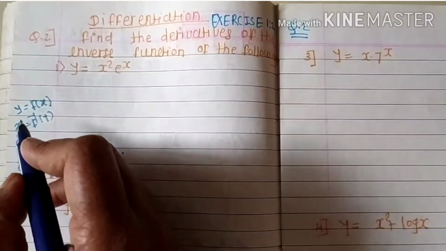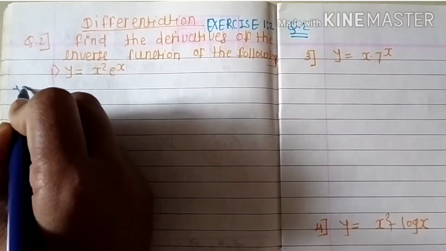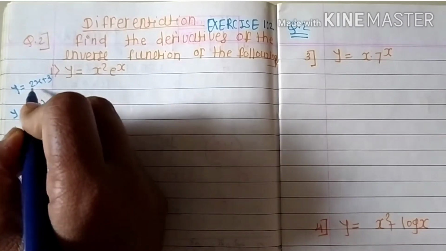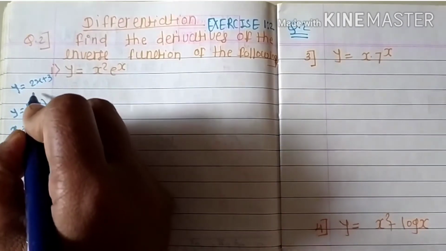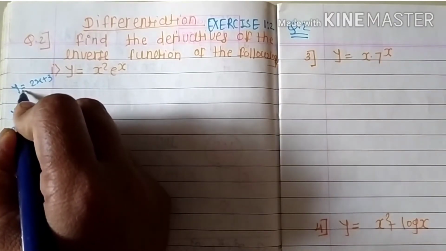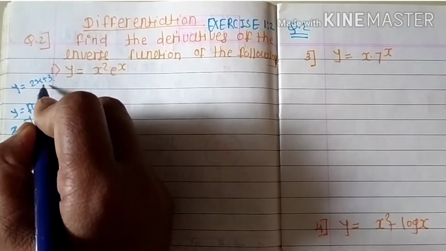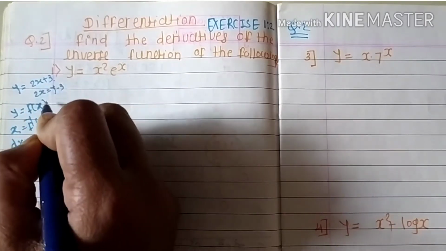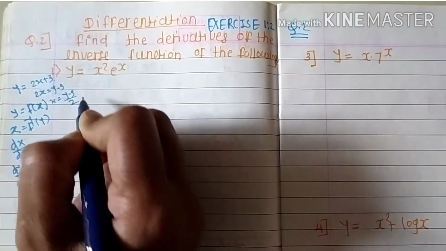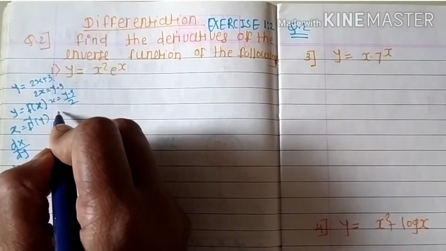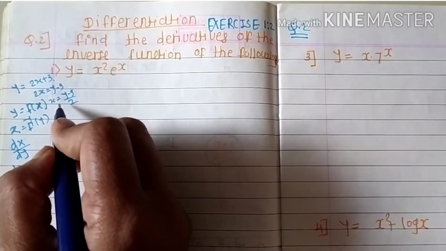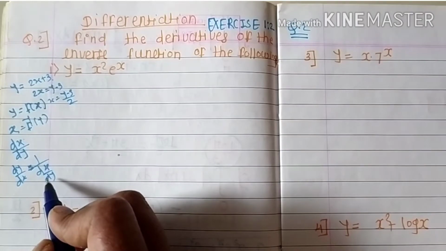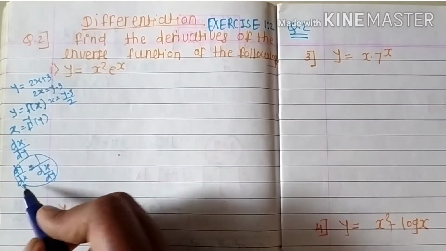Here, when y is equal to f of x, lastly we were given, suppose, y is equal to 2x plus 3, and from that we find the value of x, that is the inverse function, x is equal to f inverse of y. For example, here we considered y is equal to 2x plus 3. From that we get 2x is equal to y minus 3, then x is equal to y minus 3 divided by 2, and then we differentiate this x with respect to y, and we get the dx upon dy value. From this dx upon dy value, dy by dx is equal to the reciprocal of dx upon dy, which is the derivative of the inverse function.